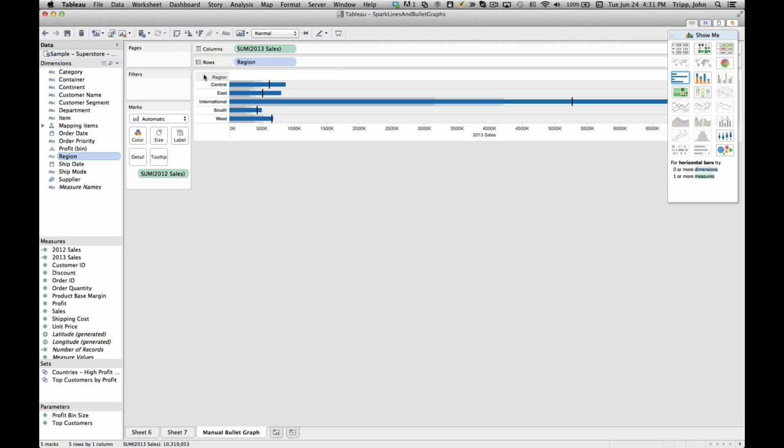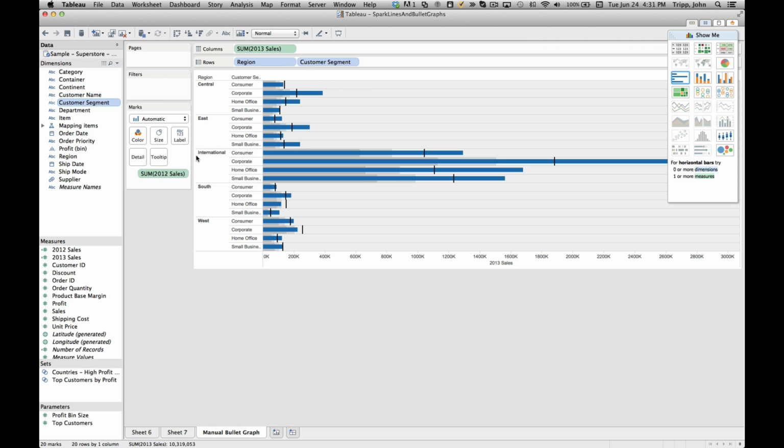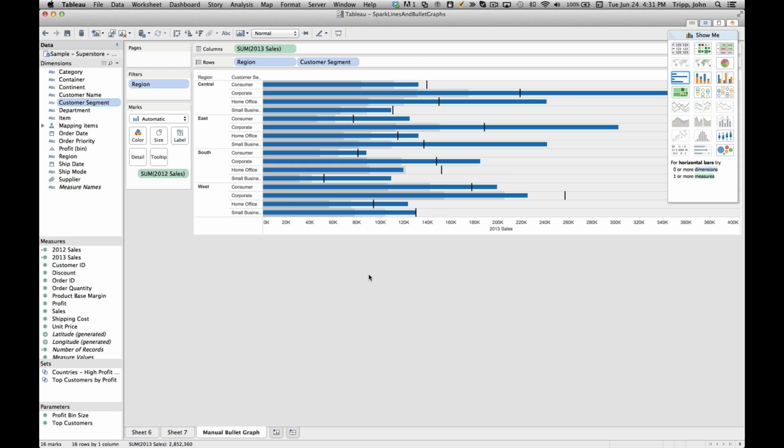And if we want to have multiple regions or multiple customer segments in here, we can create bullet graphs for all of them. Okay? However, what did Tableau actually do when it created that bullet graph? In fact, what it did is it created a simple bar graph, and then it added reference lines and shading. So let's look at how we would do that if we were going to create this same